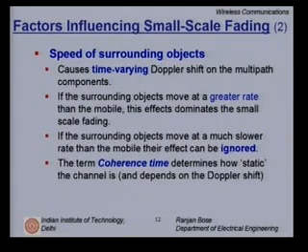Okay. So, later on we will actually relate coherence time to the Doppler shift, and we will find an inverse relationship. It is a measure of how fast your channel is changing, whether the changing is occurring because of the movement of the surrounding objects or whether the channel is changing with respect to the movement of the mobile station.